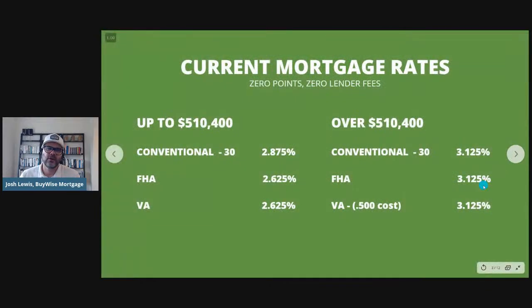So let's take a look here at what current mortgage rates look like. On the conforming side, loans up to $510,000, we are now even on 0 point, no lender fee loans for the best qualified borrowers able to get under 3%, whether that's 2.99 or 2.875, depends a lot on the loan to value and how high the credit score is, but most borrowers are able to get under 3% unless we're talking higher loan to value, lower credit scores, or properties like condos. FHA at 2.625, VA at 2.625,